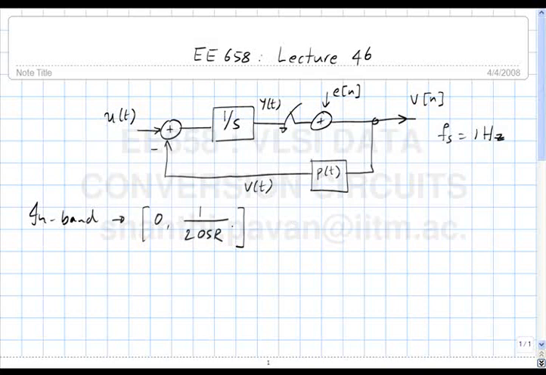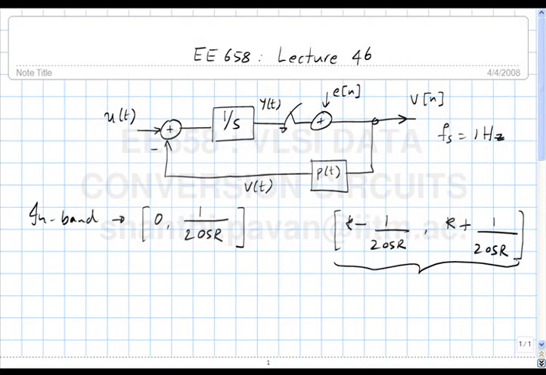So, frequencies of k minus 1 by 2 OSR to k plus 1 by 2 OSR, where k is an integer. Any frequency which occupies any of these bands will all alias to the signal band if you sample upfront, correct? So the question now is,